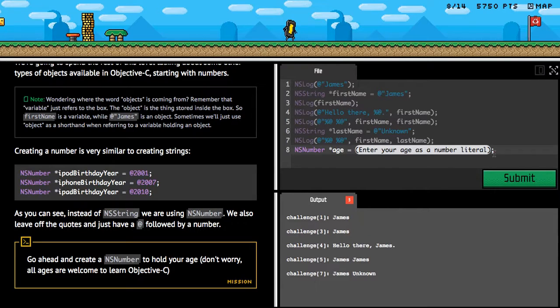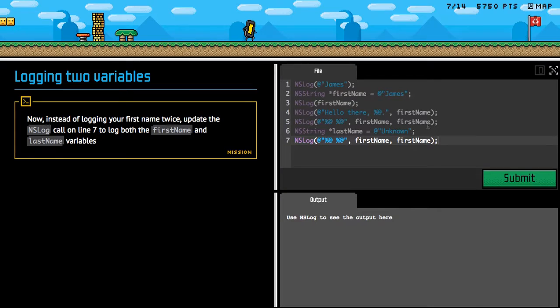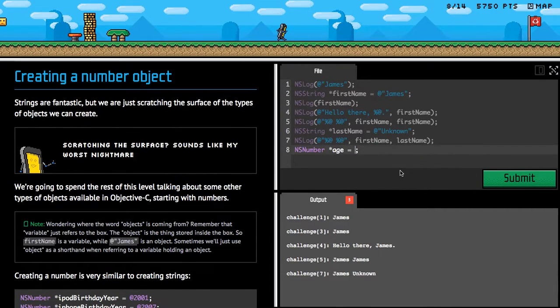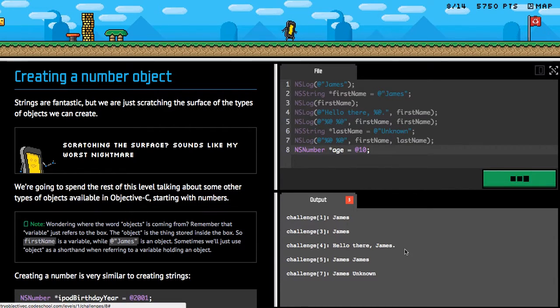Don't worry, all ages. Well, actually, it was my birthday Friday. Oh, crud. Oops. Let me just beat this level, and we already read that, so, oops. Yeah. So, age, it was my birthday Friday, so I'm 10 now. And that means,